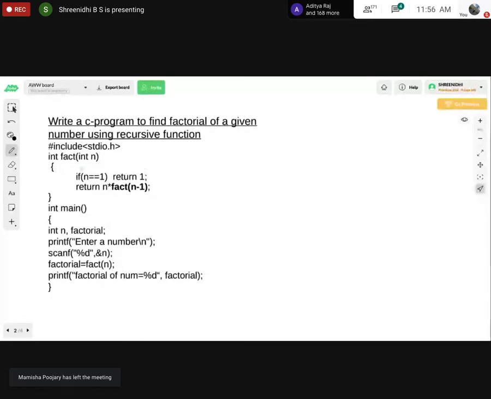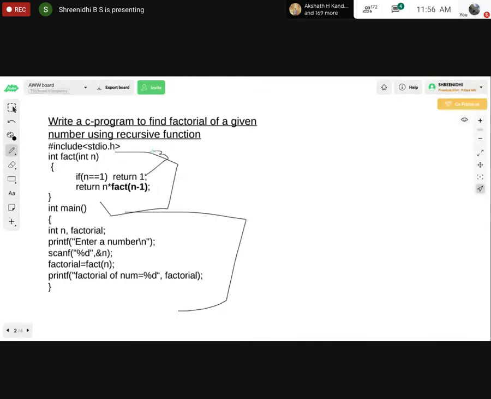Now this will be a recursion function and this will be a main function. If n is equal to 1, return 1. Else return n into n minus 1. We'll take this example as 3 only. I take my input as 3, my output should be 6. This will be the main function, int n, factorial, enter the number. Here I'll enter 3. Next, factorial of 3. This 3 will be sent to this function. The 3 I'll pass here to this n.